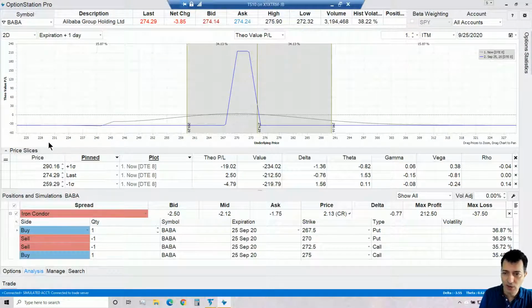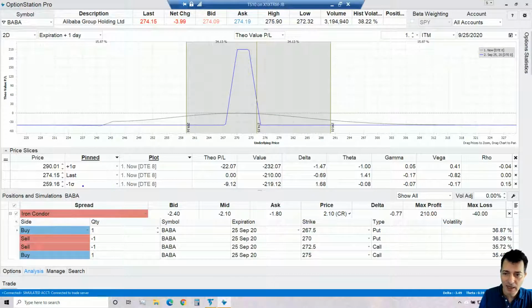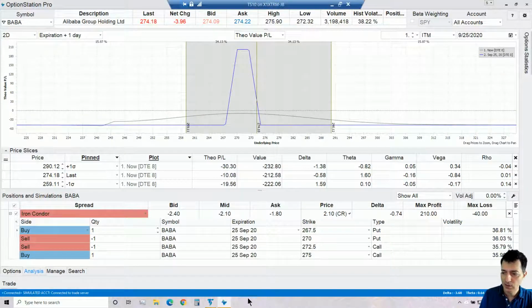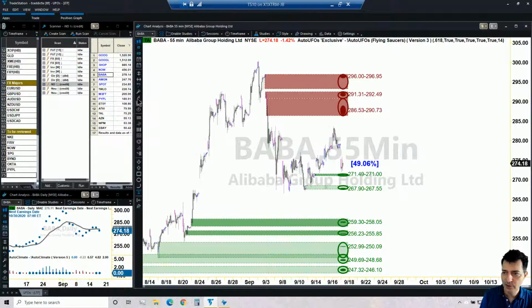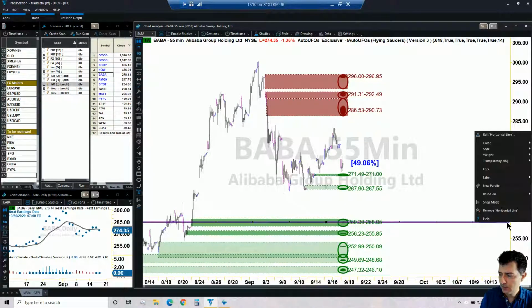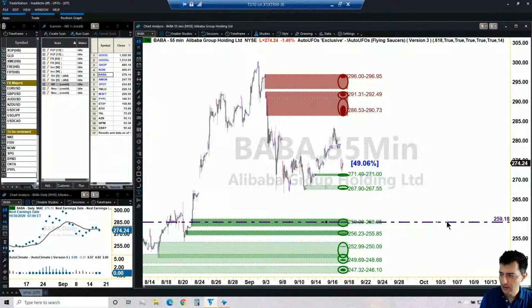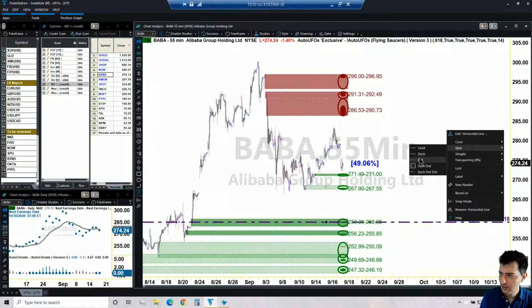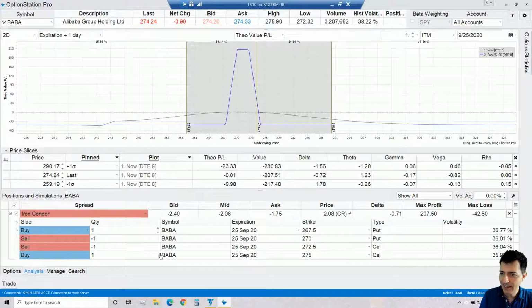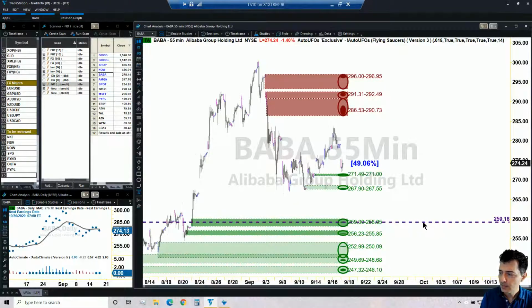Okay, so let's take a look at that. So we have Alibaba, our minus and plus one standard deviation points at 259 and 290. So if I go back to the chart and I draw a dotted line at 259, okay, 259 is more or less here. Okay, and I make this line to be dotted. And then the other one was 290. Okay, so 259 and 290. And again, those are reference lines. Okay, so I don't need to be super precise.